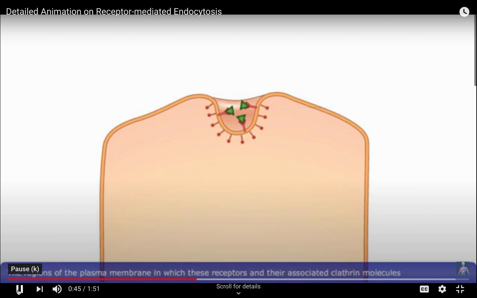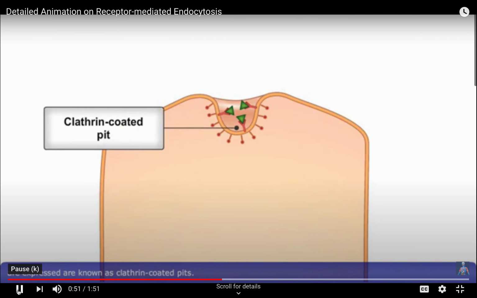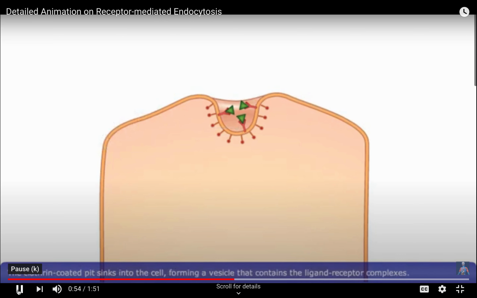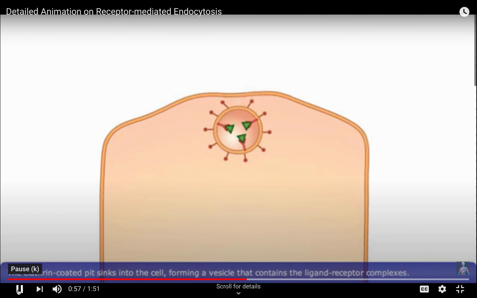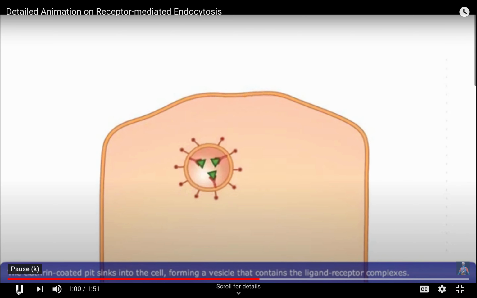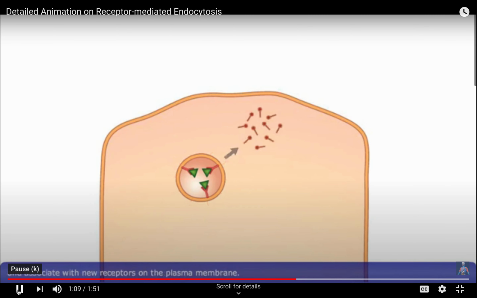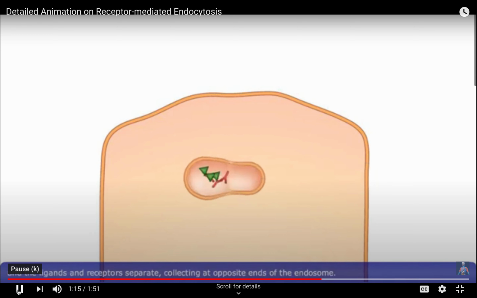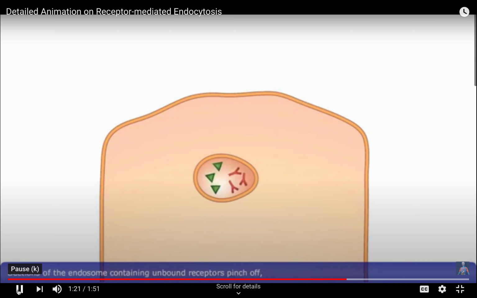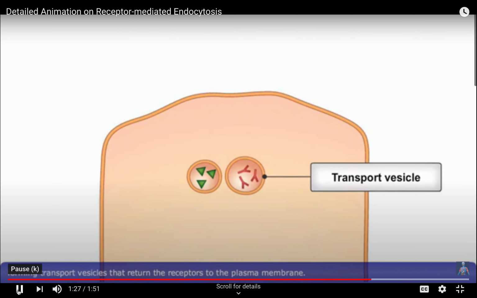The regions of the plasma membrane in which these receptors and their associated clathrin molecules are expressed are known as clathrin-coated pits. The clathrin-coated pit sinks into the cell, forming a vesicle that contains the ligand-receptor complexes. Once in the cytoplasm, the clathrin molecules coating the outer edge of the vesicle leave and associate with new receptors on the plasma membrane. The uncoated vesicle fuses with an endosome, and the ligands and receptors separate, collecting at opposite ends of the endosome. Sections of the endosome containing unbound receptors pinch off, forming transport vesicles that return the receptors